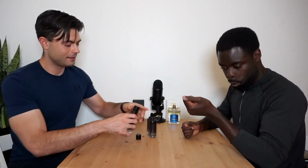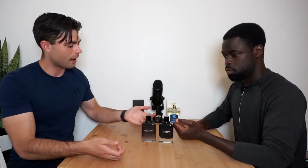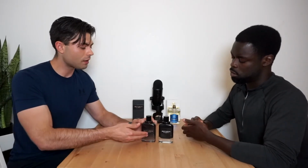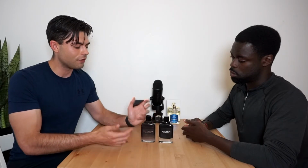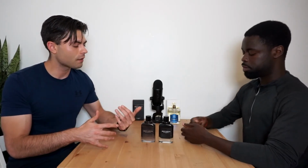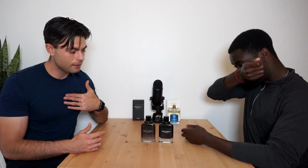So we've got these two bad boys over here, and I guess, this one here, the original, it was known for a really nice vanilla note to it. When I smell this guy here, it's got a more balanced vanilla and cocoa type note, but that mixes in with the sandalwood and the burning wood type scent profile that they've injected in the fragrance. Personally,